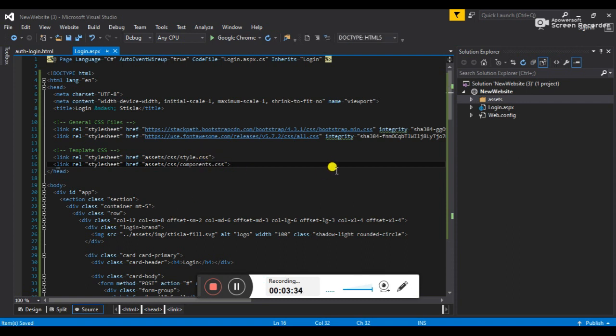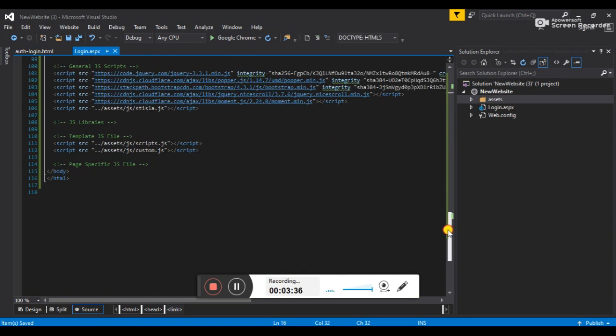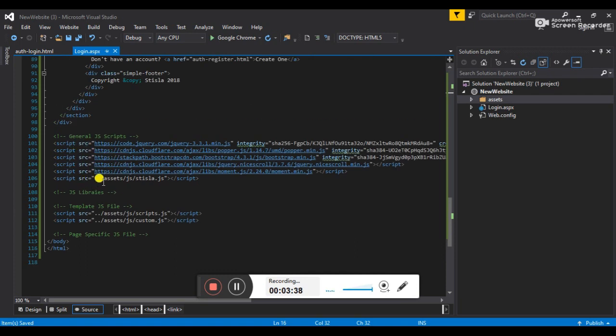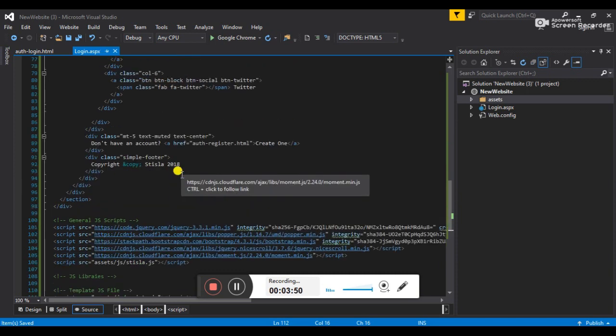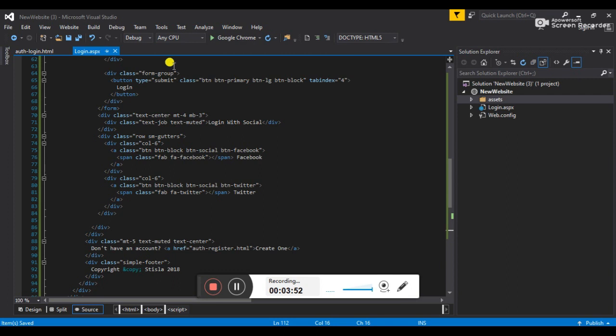So just remove that and then come down, and you also have the JS file here. Remove this also. Then save it. Alright, now I'll show you how exactly it will look.